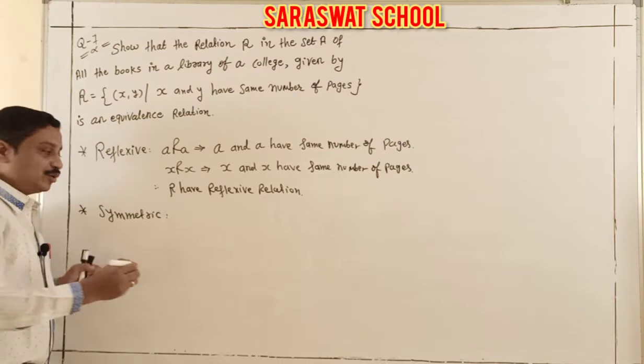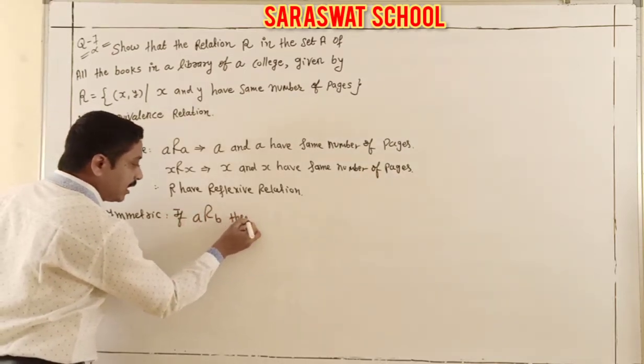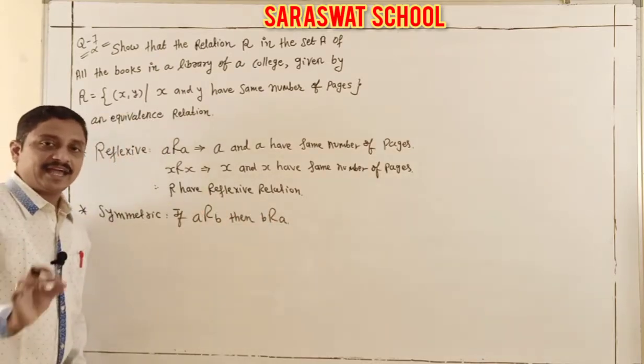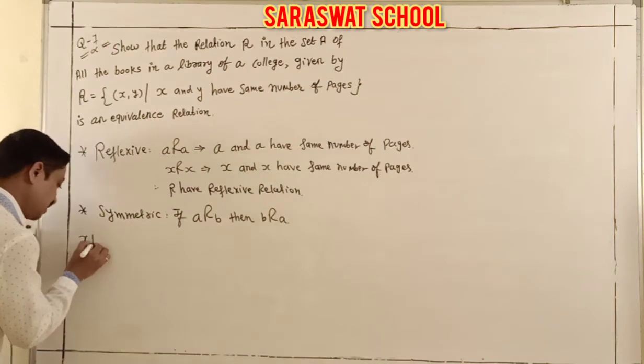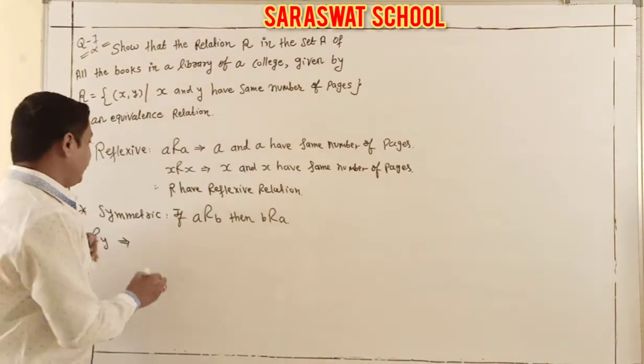Symmetric relation, what is the rule? Yes, if A is related to B, then B is related to A. Here I am taking X and Y. So what is the X relation to Y? Check here, X and Y